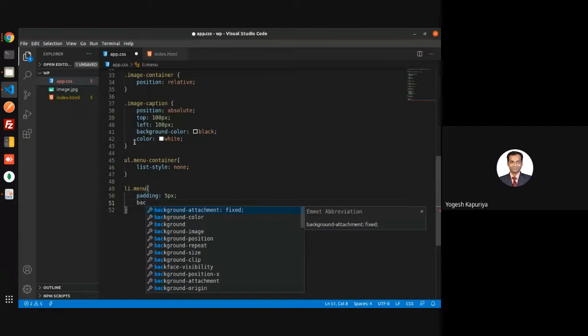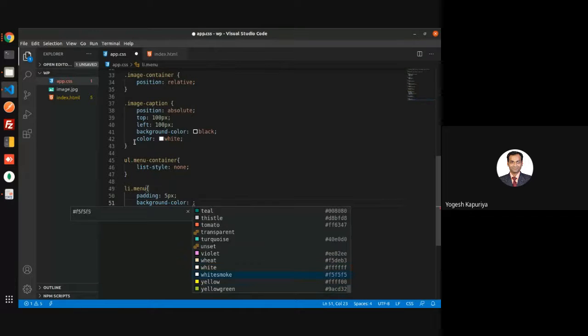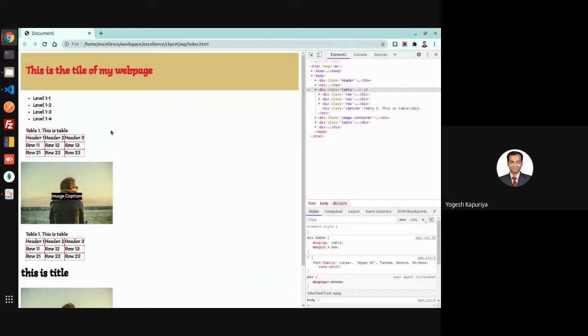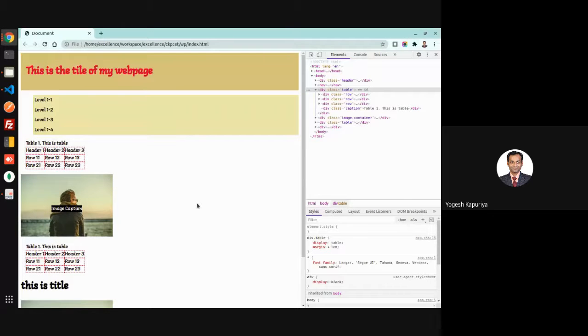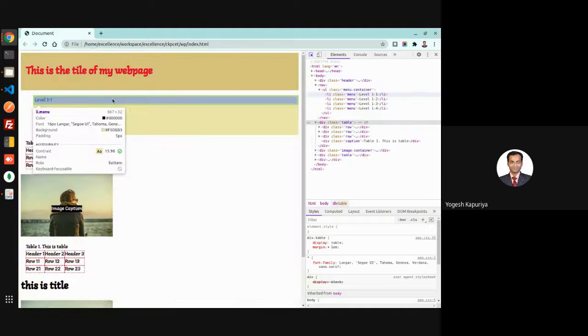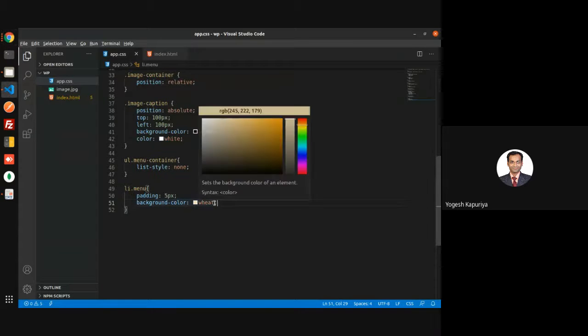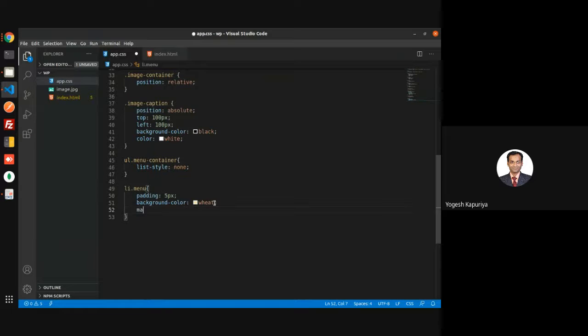background color. Wait. Right. Now again, the default display property of li is block, so that's why you can see this entire thing is occupied. So what you require now is max-width. Why max-width?